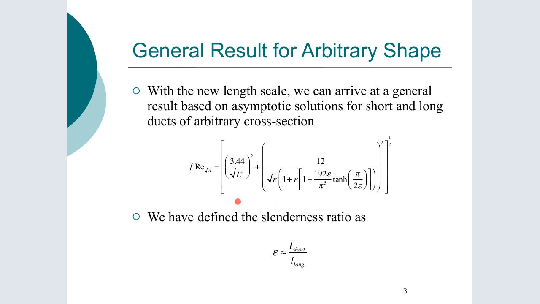Noting that this, again, every time I delete it, it's gone, it's 1 plus epsilon in brackets here. So being able to use this equation to calculate entrance lengths, to look at the relative magnitudes of the developing term versus the fully developed term. And the other thing you should be able to do, and this is expected of you, is that once you've calculated this value here using this equation,